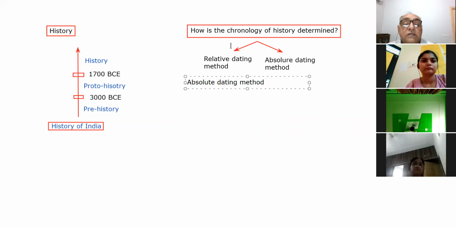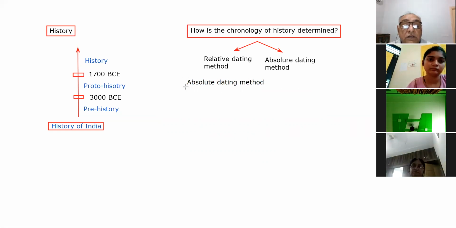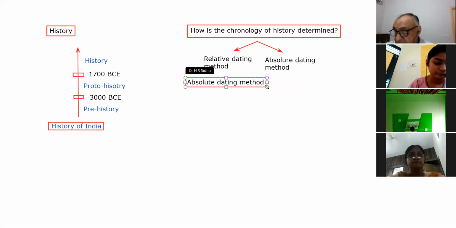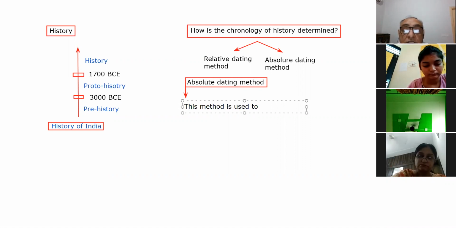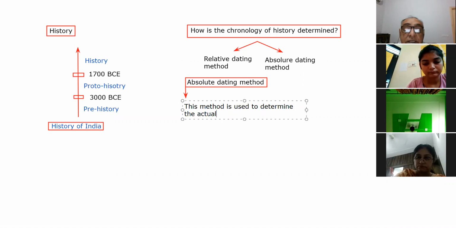As far as the absolute dating method is concerned, beta, this method is used to determine the actual age